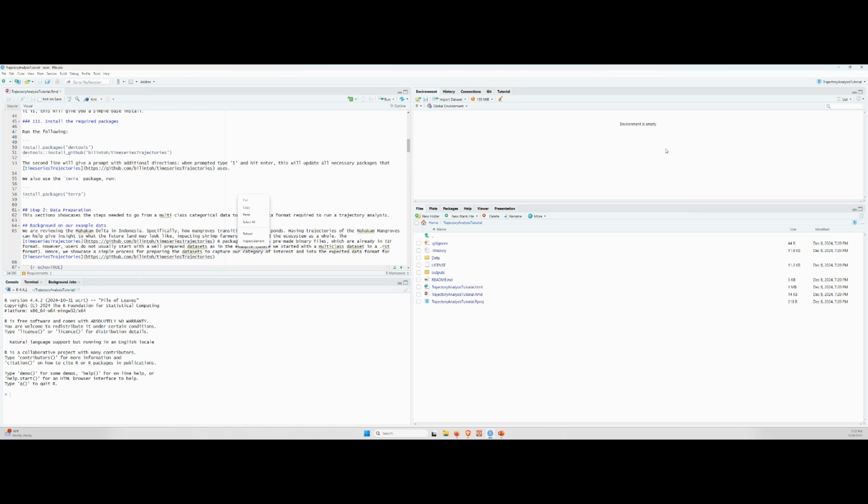If you haven't already done so, you should install the DevTools and the time series Bilintoh time series trajectory package, which is on GitHub. So you need the DevTools to get that installed. And you should also install Terra,